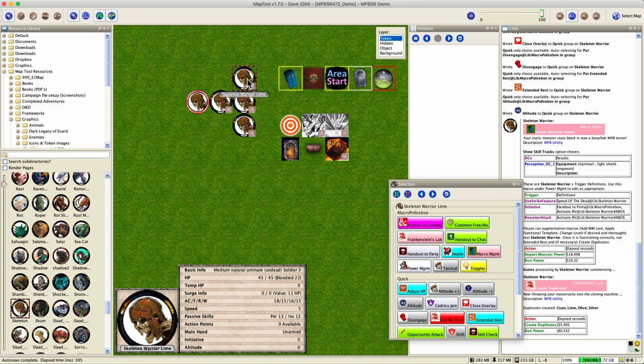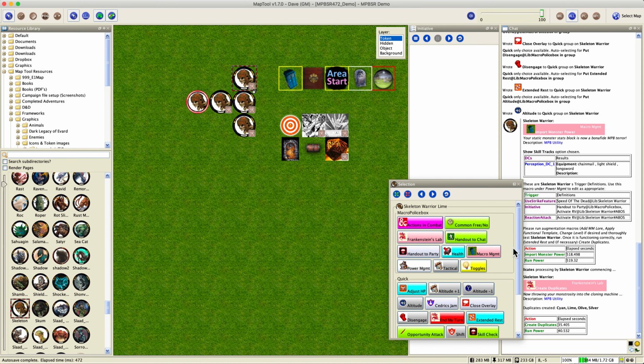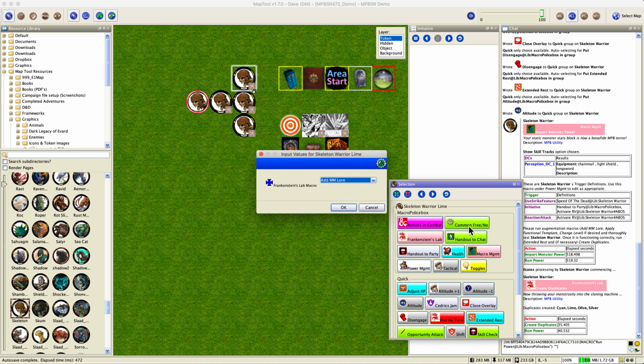Now, here's where things can get a little interesting if you want to mix it up a little and add some variety to your skeletons. What I like to do is to add a template. You know, in the appendix of the DM's guide, you can actually add some interesting abilities to different monsters and make them into elites or even solos. And what we can do now is we can go to, let's see, Frankenstein's lab,